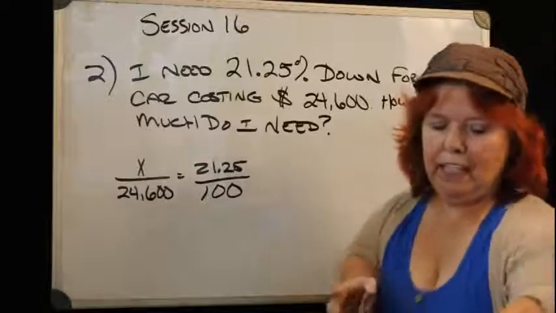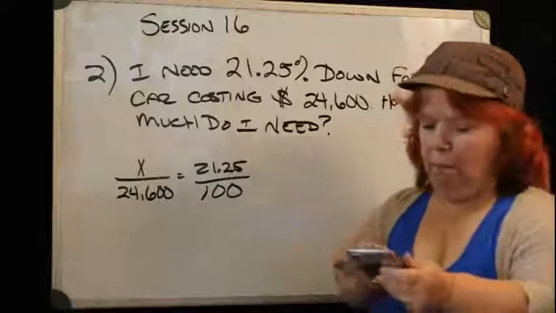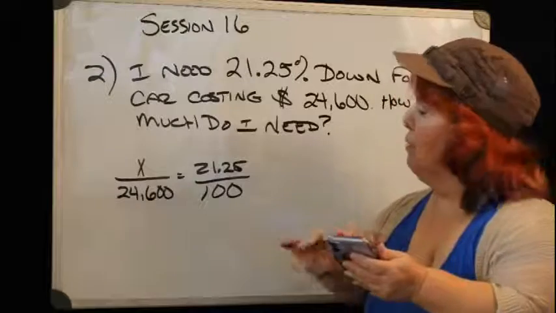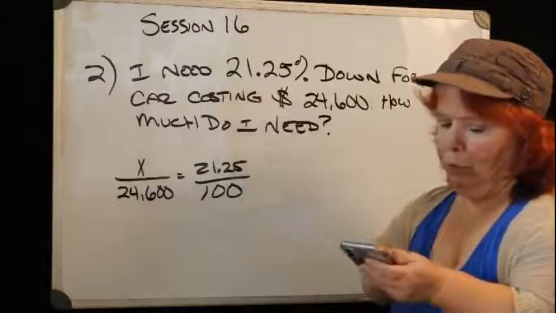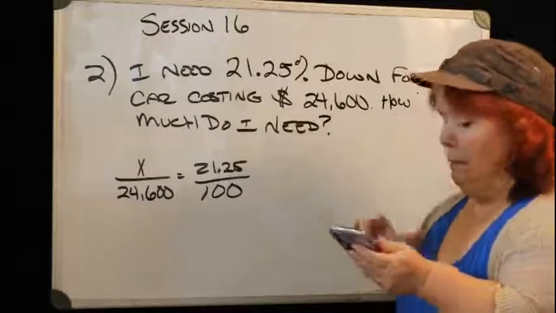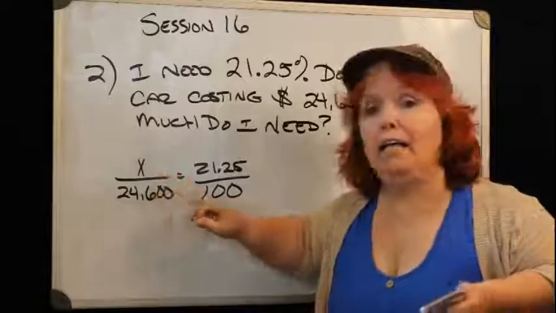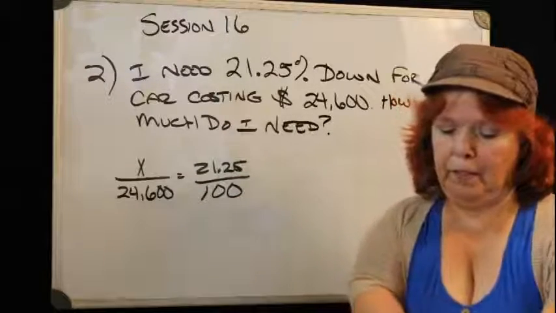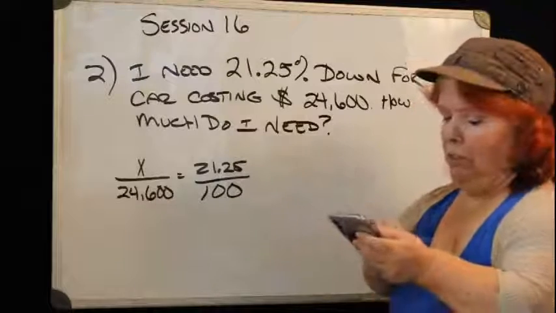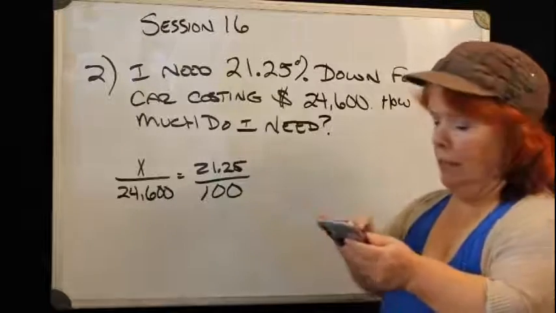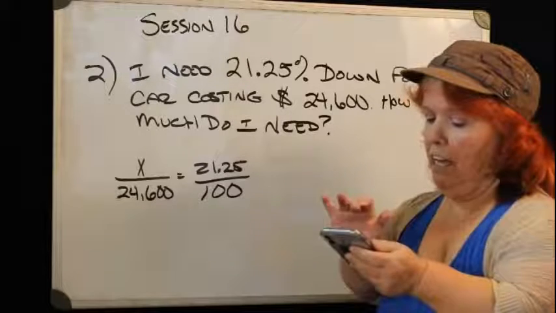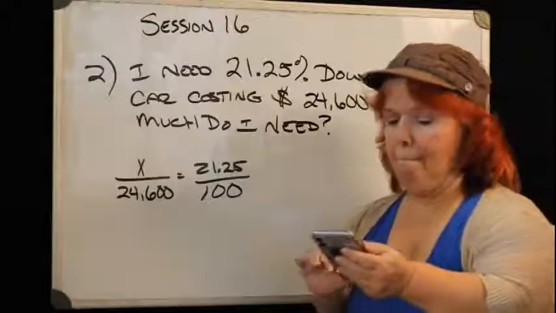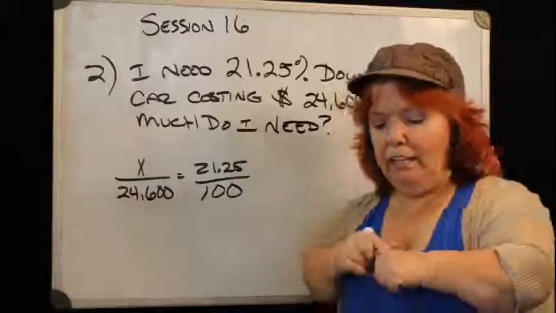So we're going to take the 21.25. Don't forget that point. Multiply it times 24,600. And then you divide by the remaining number, which is 100. So 24,600 times 21.25, divided by 100. Okay, so what I got was